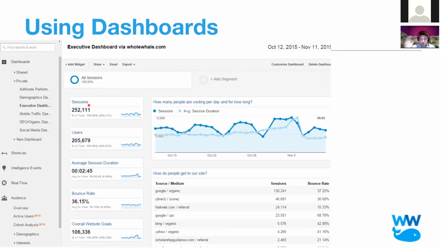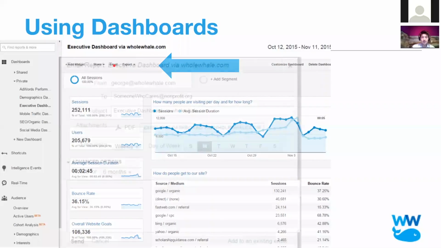It's these tiny little snapshot windows because there is so much information inside of Google Analytics that sometimes when you tell someone, hey, just log in and find it, it's too much. So we like customizing dashboards with the right information, and we like phrasing in terms of questions. You can kind of get that from what we're doing. All of these dashboards frame it as, for example, how do people get to our site, rather than the Google version, which is source medium, sessions, and bounce rate. That's not English to someone who's not in the know. We like framing it this way. And from here, the cool thing is you can click export or even email.